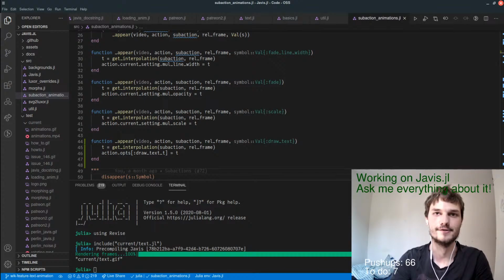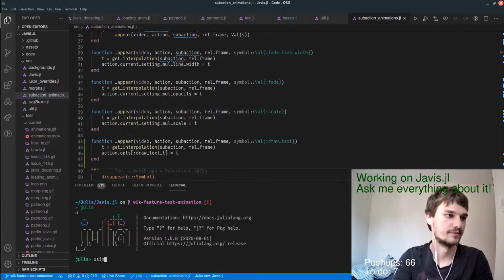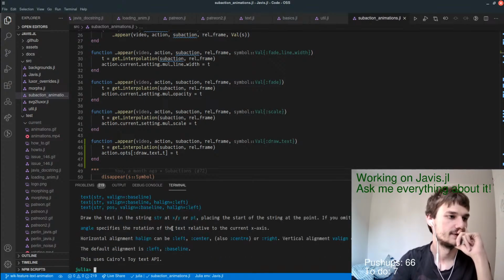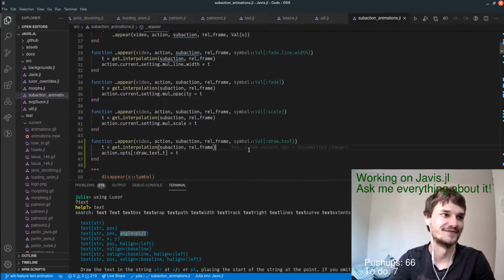I can also rotate text. Sorry, I think I should open one with Luxor, so maybe for the text function. So actually the text function takes an angle, if I remember correctly. Yeah, it takes an angle so you can rotate text, which is kind of the same as doing a rotation and then displaying text. But yeah,